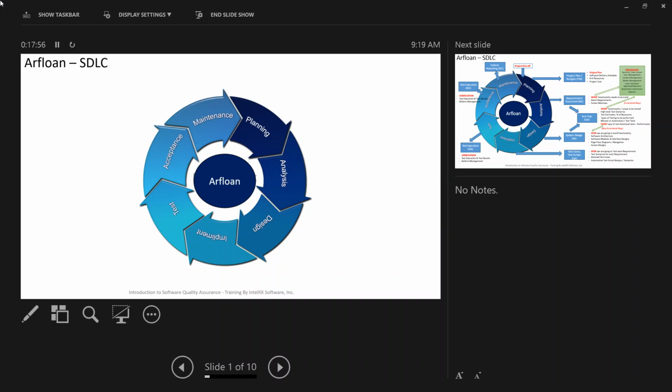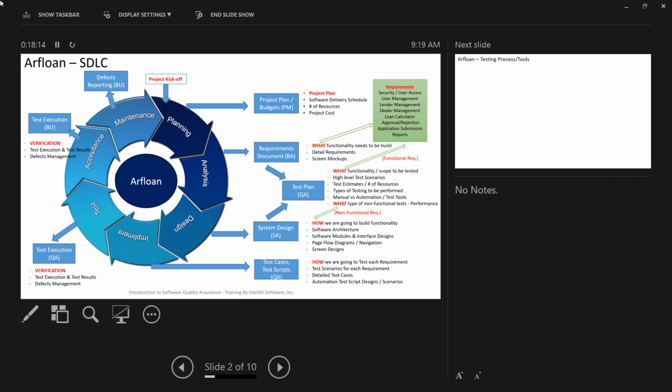So, by the way, these are some that you will definitely get in the interviews. You will definitely get quizzed on what it is that you do as a QA, what things you did as part of the quality assurance process. What is your role? All those are interview questions for you guys. So make sure you understand this inside out.